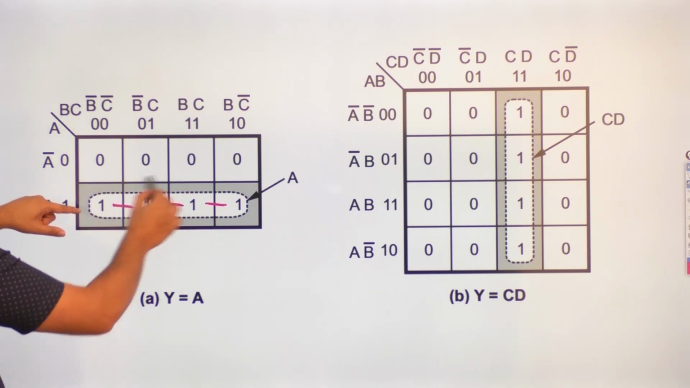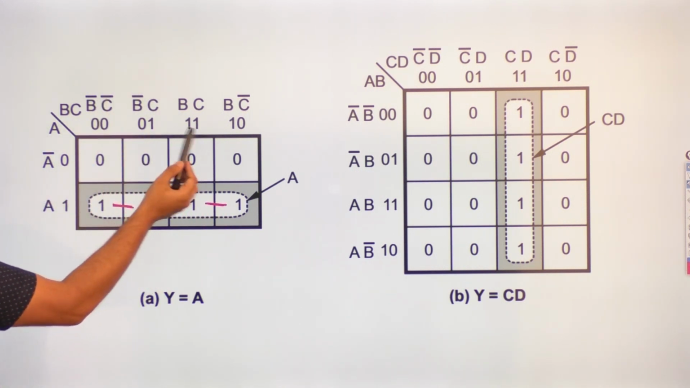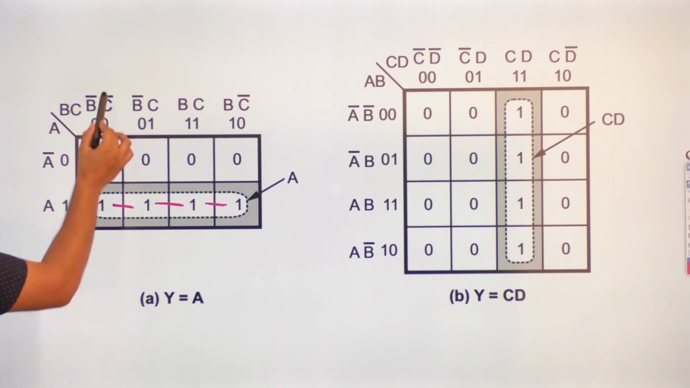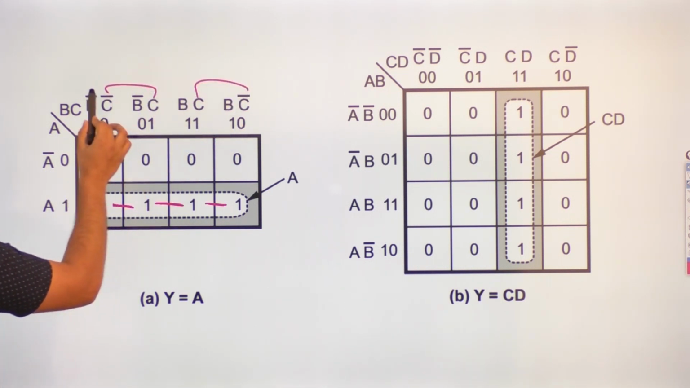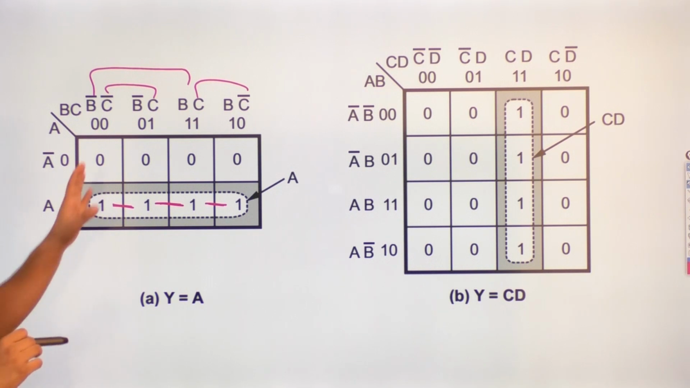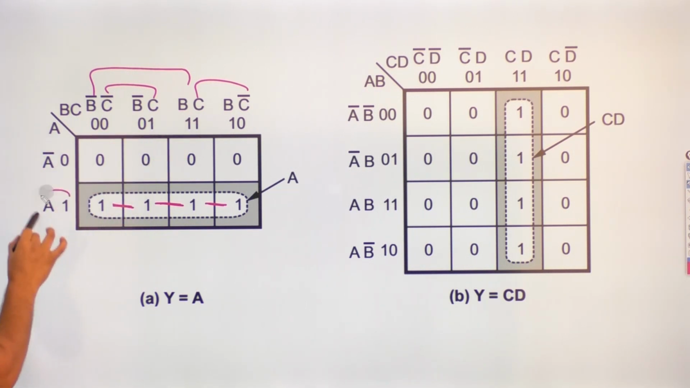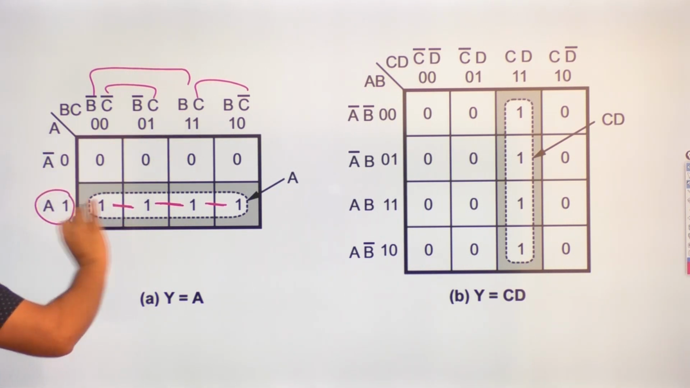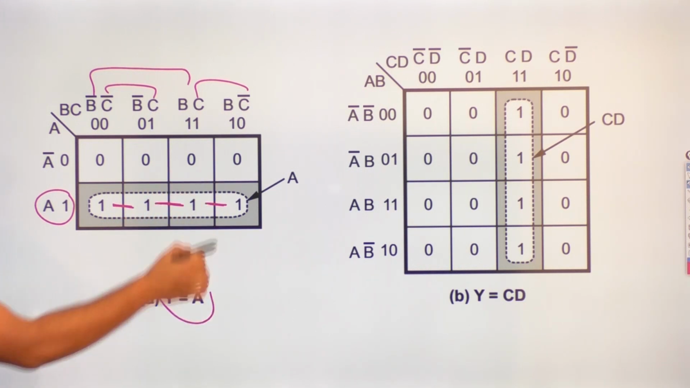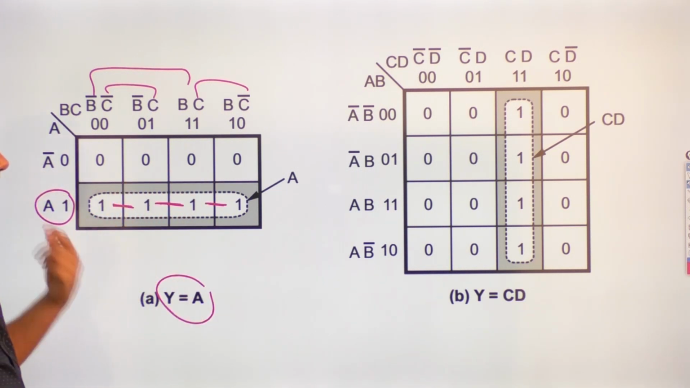And when you look at this subcube, what are the variables that are changing? C is changing as well as B is also changing. So B and C both are changing. The only variable that is remaining the same is A. Therefore, because only A is remaining, I can say that this entire K-map is representing only the variable